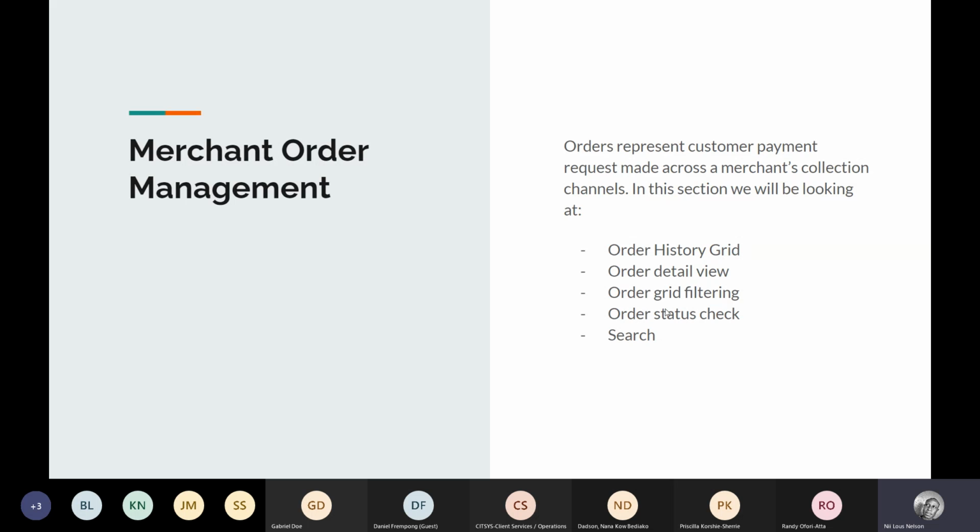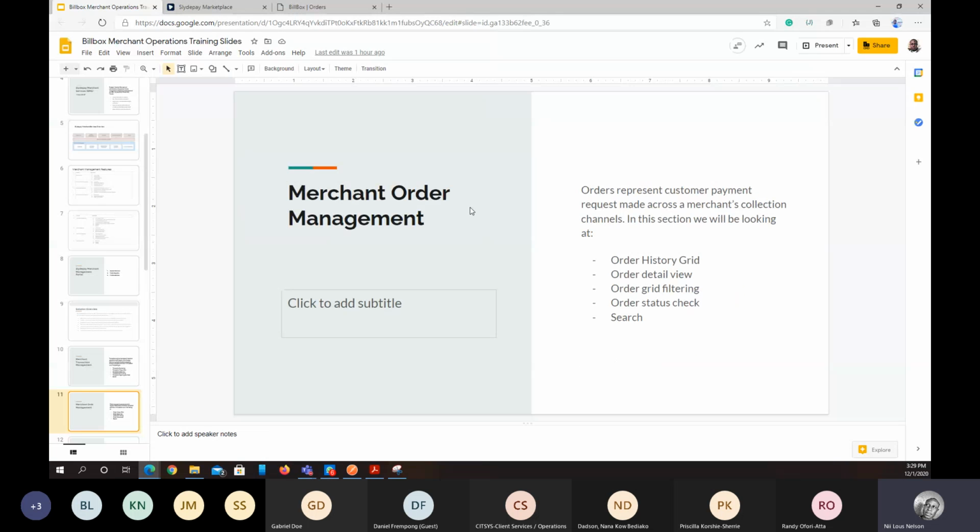We've used the check status button to see if the status of an order has been updated. And then we've gone through the ability to search by the bill reference on the order. Okay, so at this point, I believe we have a few minutes to go, but then I would like to